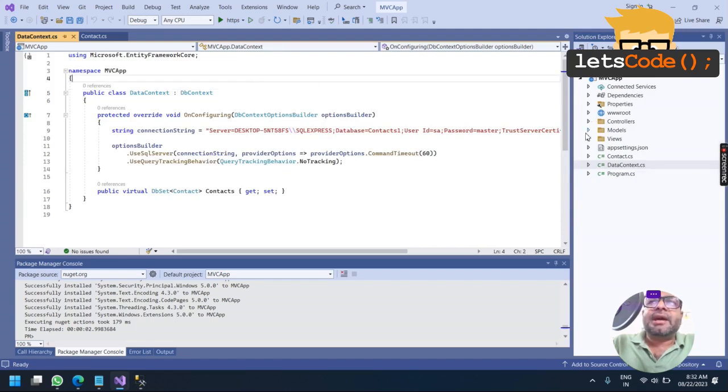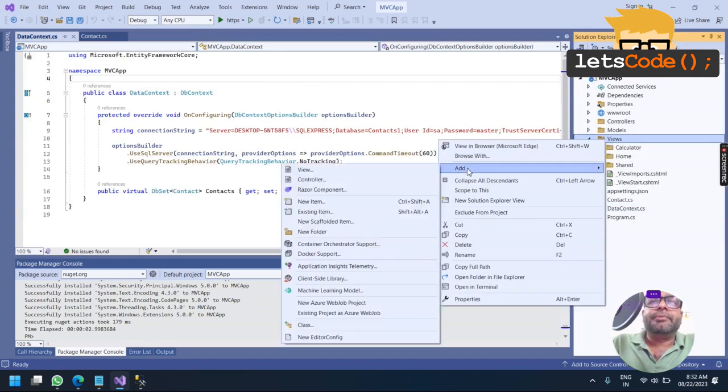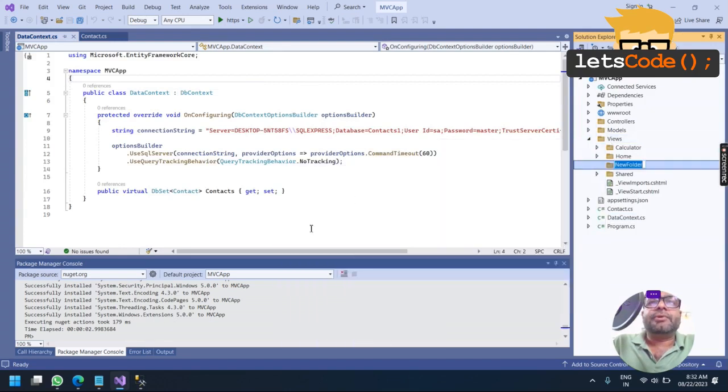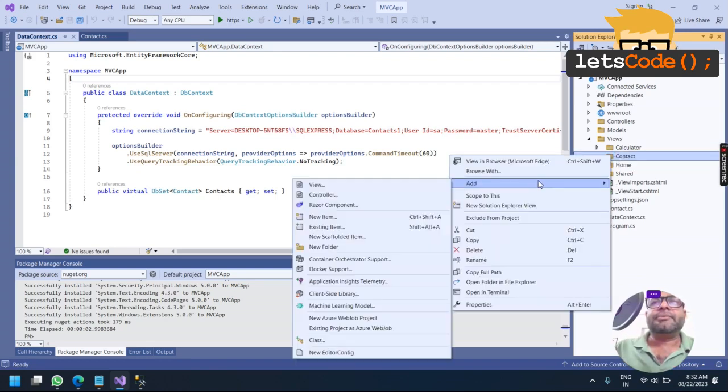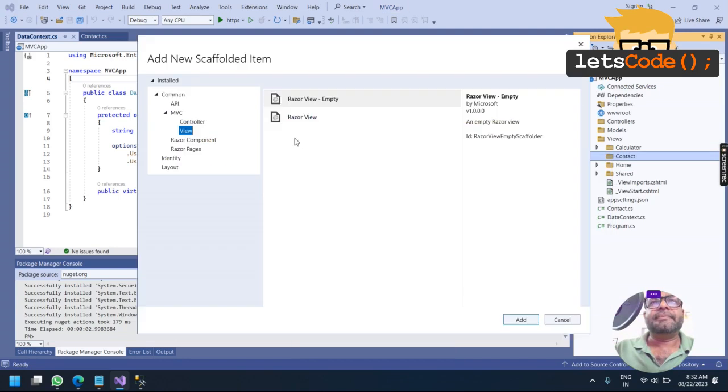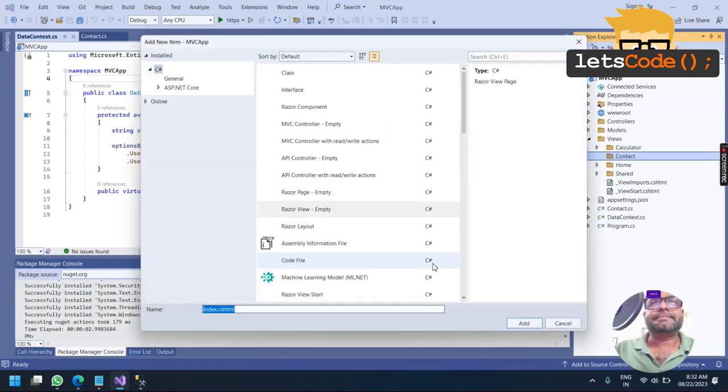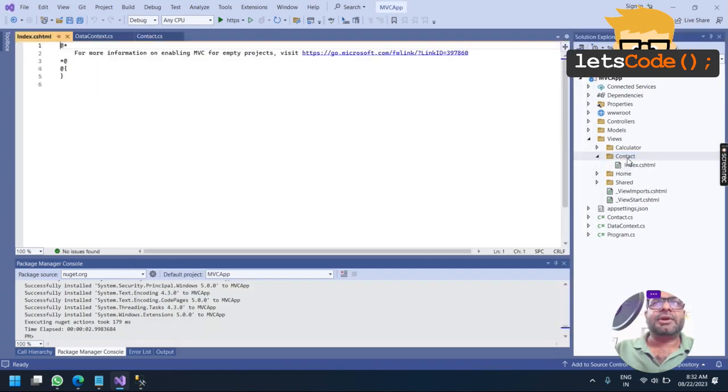For that, in our existing project only, I am going to create a new view. I'll create a new folder first and name this folder contact. In the contact folder, I'm going to create a new view called index. On this page, my intention is to list all the contacts that I was showing you in the SQL Server database.